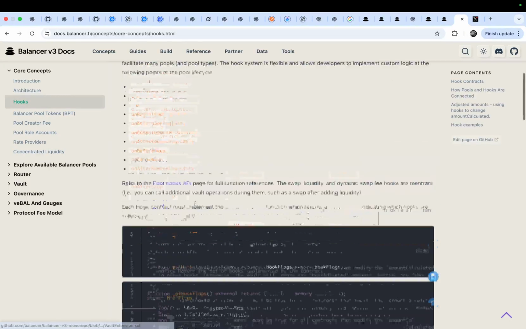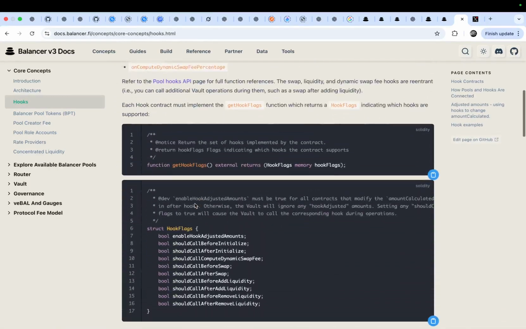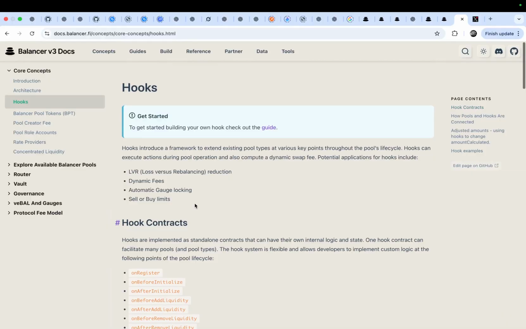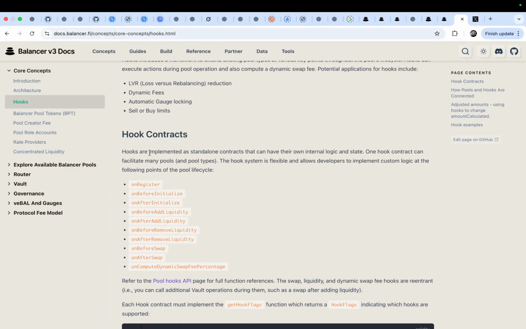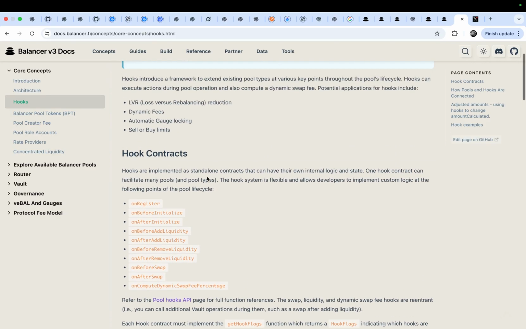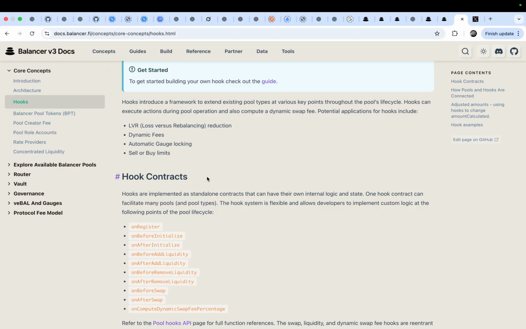The hooks will give the details. Hooks are implemented as standalone contracts that can have their own internal logic and state. So, this is the composable contracts or the composable automated market maker.